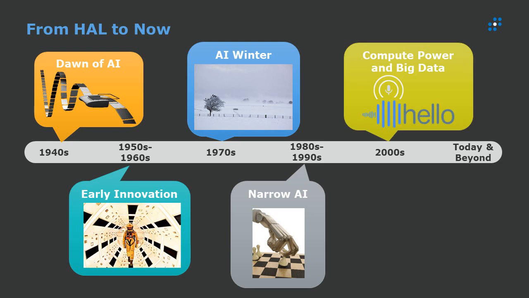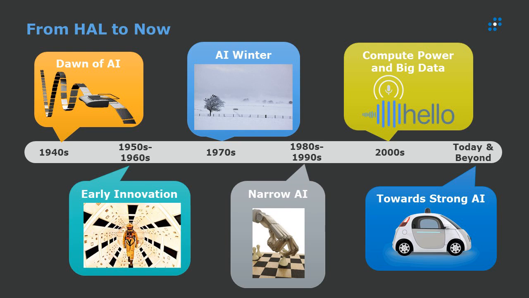In the 2000s, again, we continued to see the rise of cheap, powerful compute resources, and combined with the rise of big data, more storage and compute power generally, that really laid the foundations for the rise of what we more and more see today as modern ML. And as we look at today and beyond, we are really beginning to see AI disrupting most industries, as I mentioned, anything from self-driving cars through to medical advances.